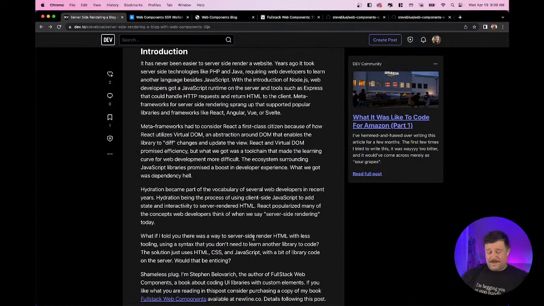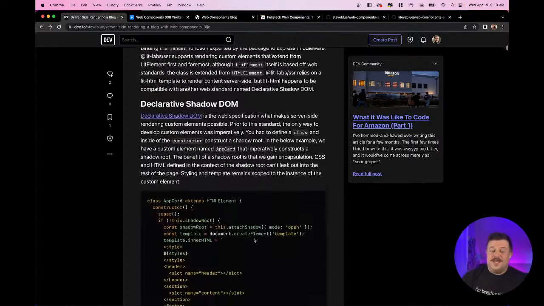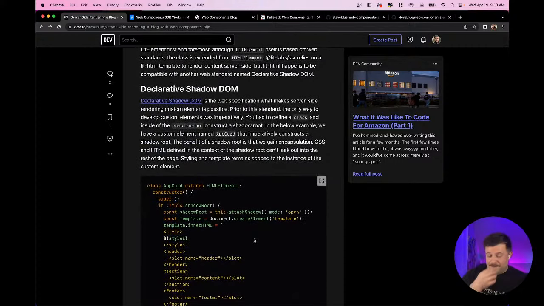But as that was happening, standards were developing, and autonomous custom elements came out. We got browser specifications to do component-based development. And one of the specifications that was released a couple years ago is called Declarative Shadow DOM. Declarative Shadow DOM, basically what it enables us to do is server-side rendering,